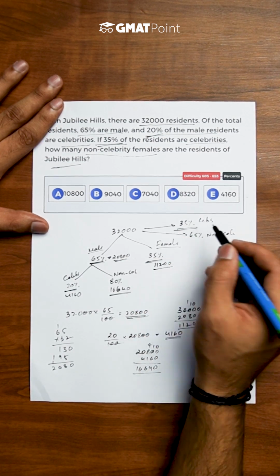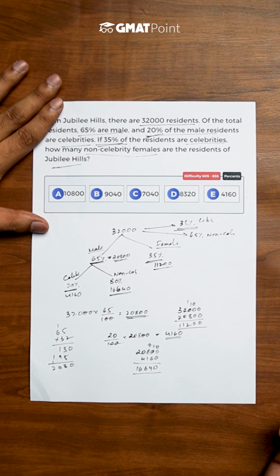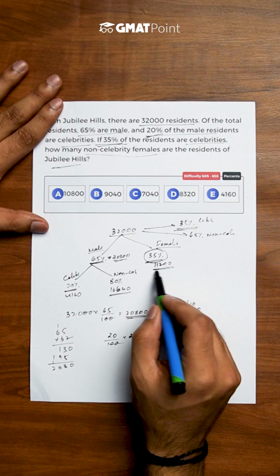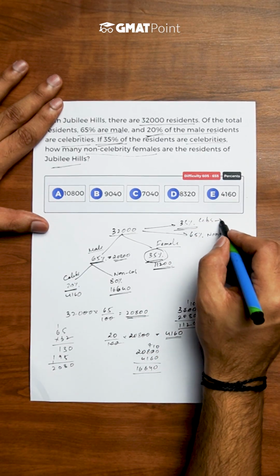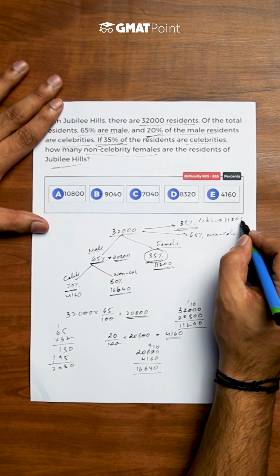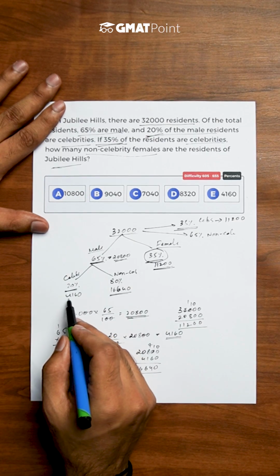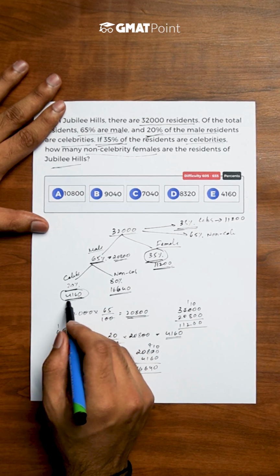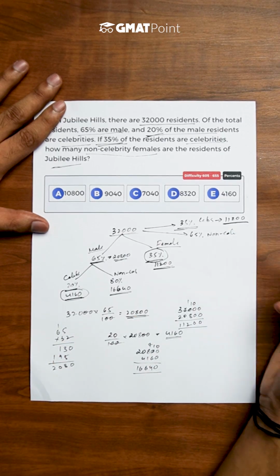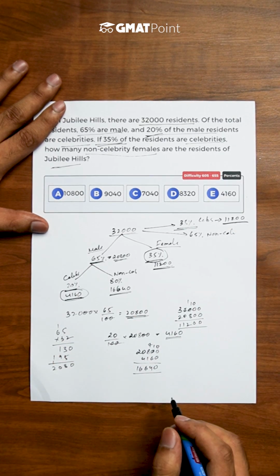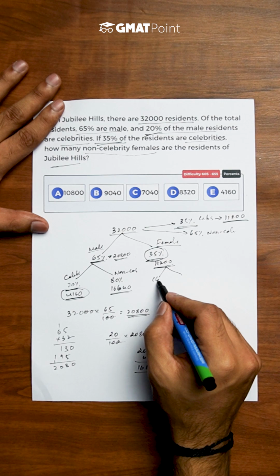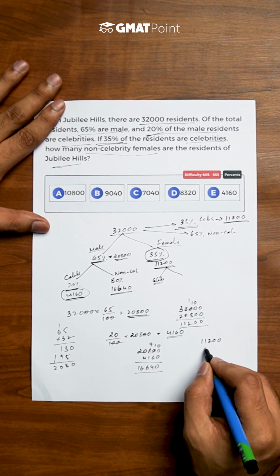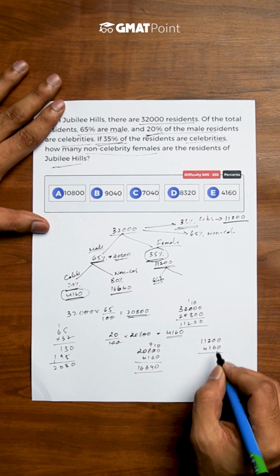Again, we are also given that 35% of the total population are celebs. We already calculated the 35% of 32000 as 11200. So this value will also be 11200. Now we already know that the number of male celebs in the population is 4160 and the total celeb population is given to be 11200. So female celeb population can be calculated as 11200 minus 4160, which is equal to